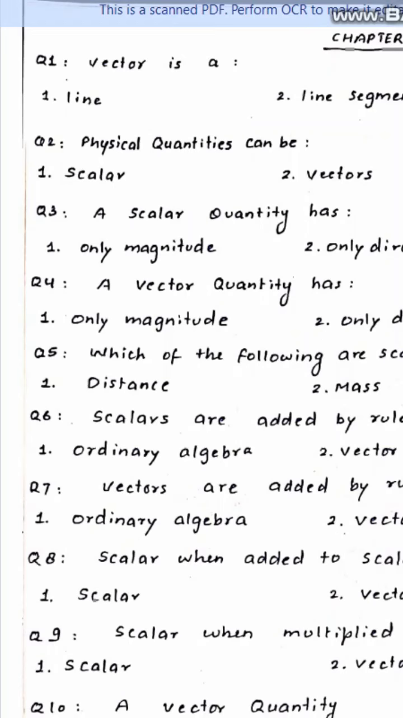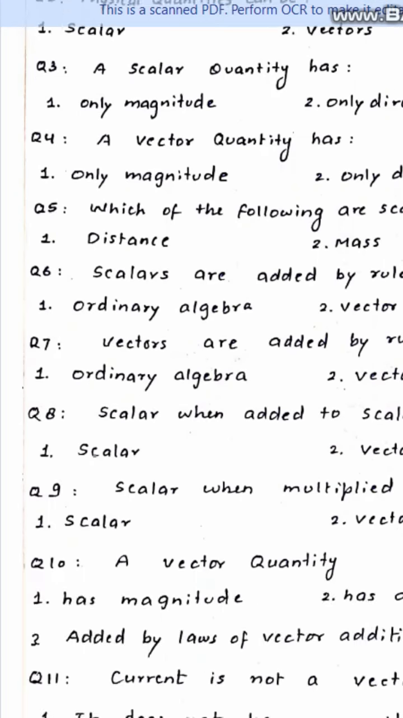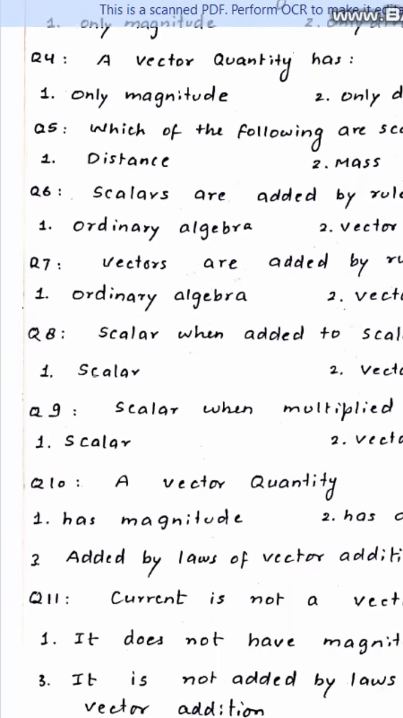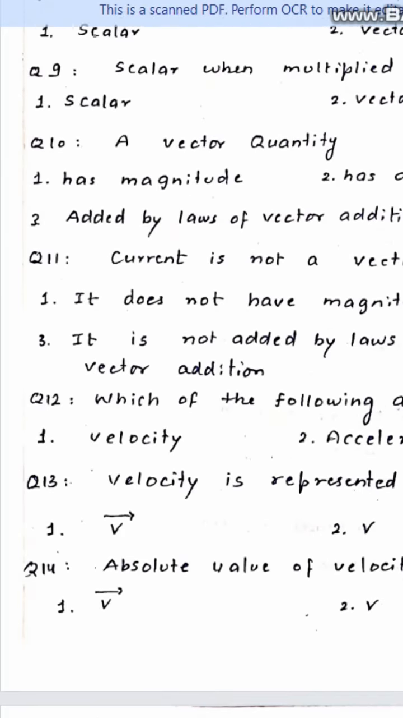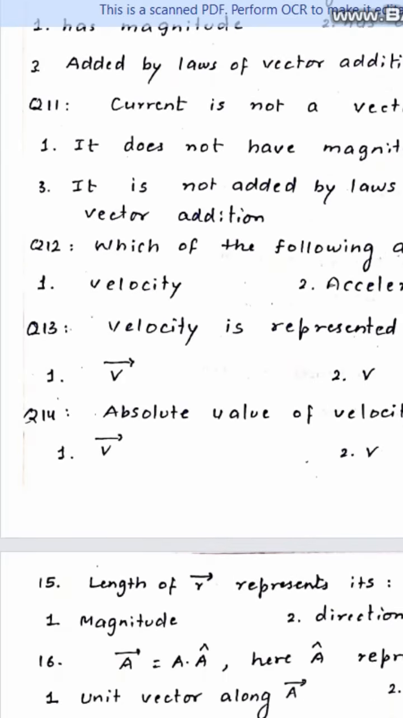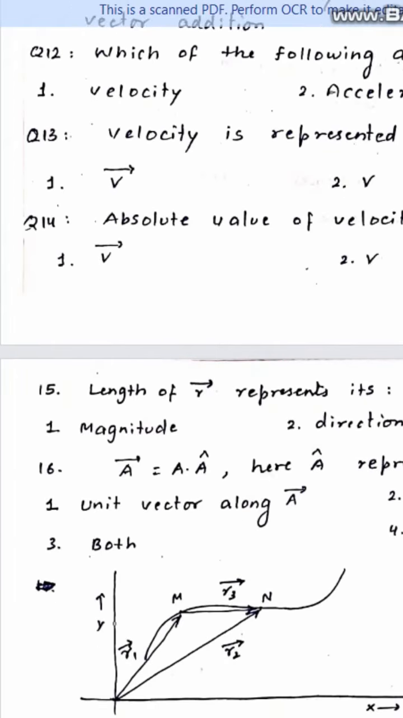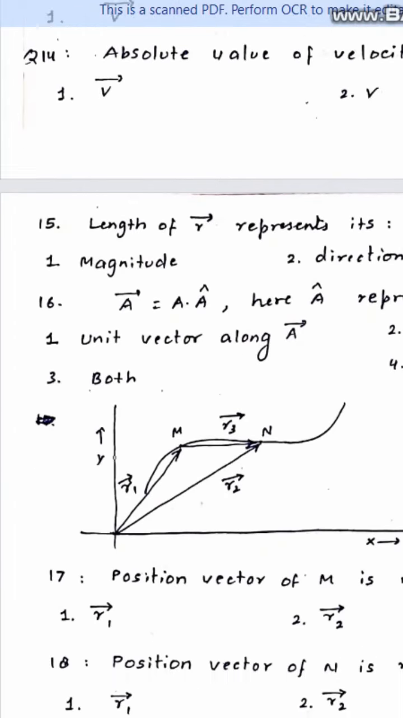We'll discuss NCERT questions line to line, and today the chapter is chapter number 4, which is motion in a plane. So let's start with the questions. The questions are about vectors, then about physical quantities, scalar quantity, vector quantity, examples of them, rules of vector addition. Then we have current, then we have examples of vectors, then representation of vector, then absolute value, length, unit